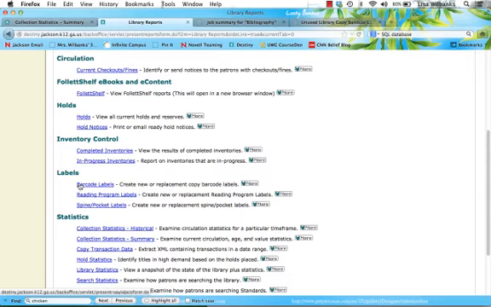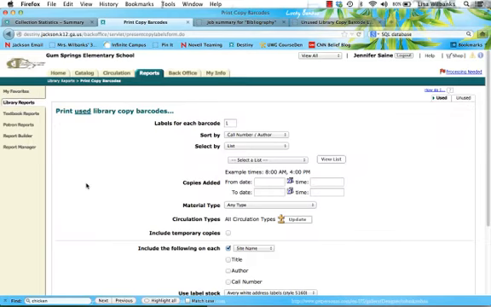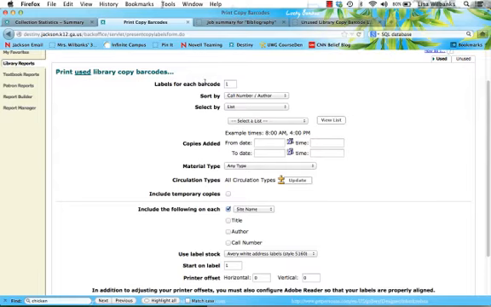You can choose to click and run barcode labels to create new or replace copy barcode labels. You can create and replace reading program labels, as well as spine and pocket labels. If you click on the barcode labels link, you have the choice to choose between used and unused barcodes. You can choose how many labels you want to print for each barcode, how you would like them to be sorted,